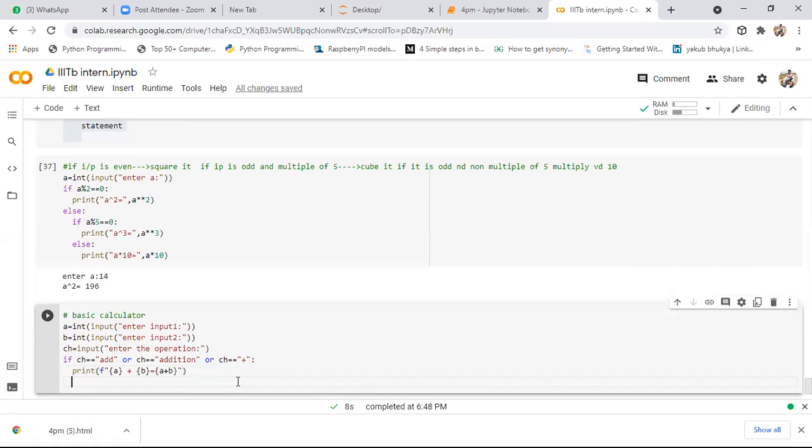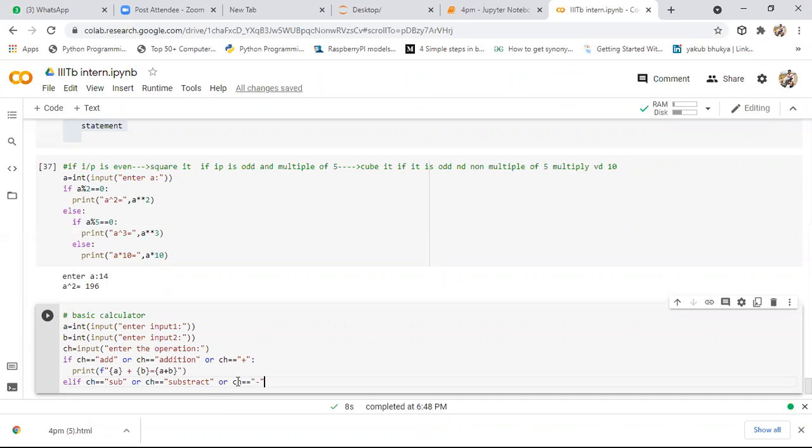Similarly, if your user defined input is elif, here I'm using elif. So here I'll say if choice equals to sub, sorry, choice equals to sub, or choice equals to subtract, or choice equals to minus symbol.